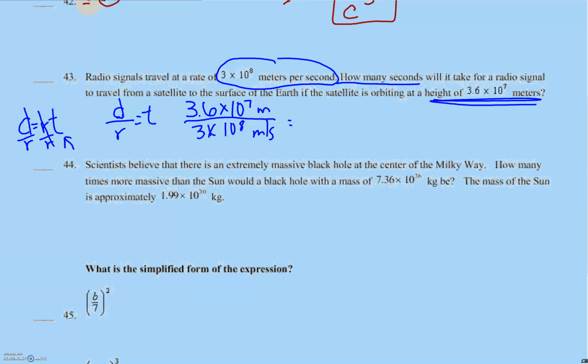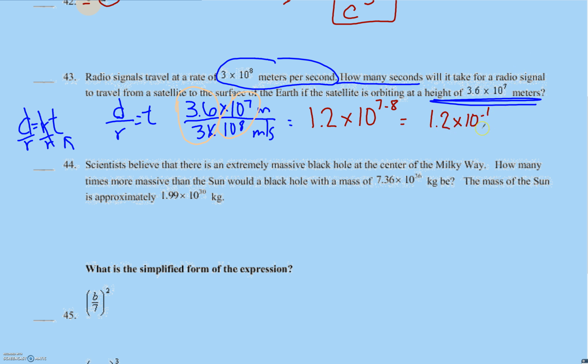When I divide powers with the same base, I subtract my exponents. I can also divide my number parts here. When I take 3.6 divided by 3, I get 1.2. When I subtract my exponents, I get 7 minus 8, which is going to be 1.2 times 10 to the